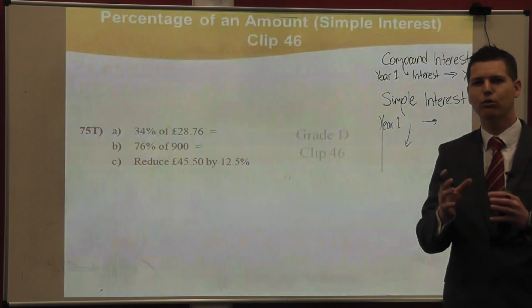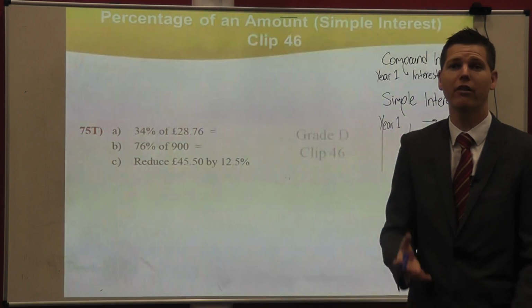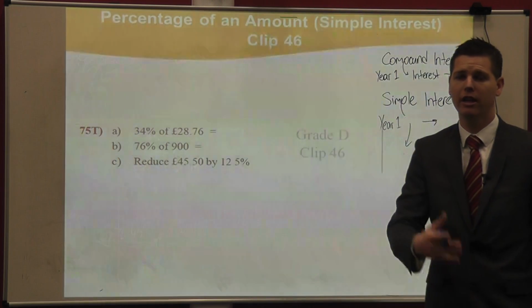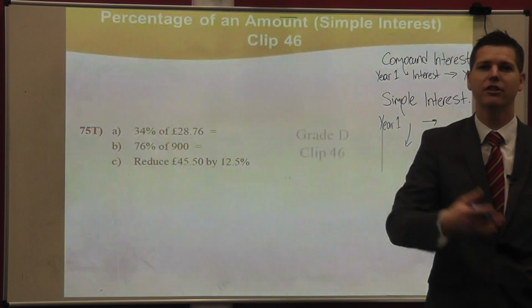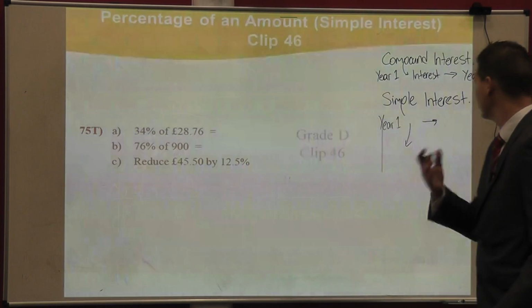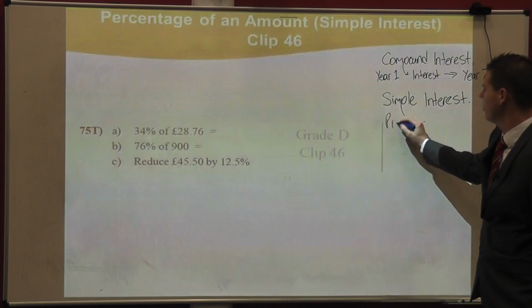In fact, the difference between simple interest and compound interest is generally the mistake people make when they're asked to do a compound interest question. And they normally make the mistake of calculating the interest and then times it by 5, rather than recalculating year on year. So here, instead of writing that, I'm going to write the principal